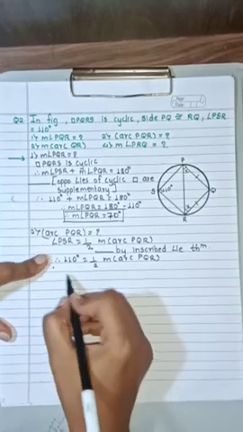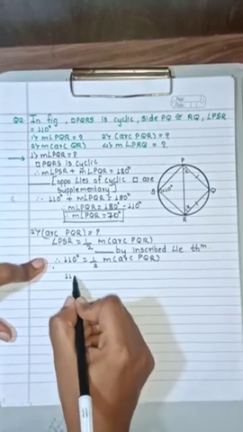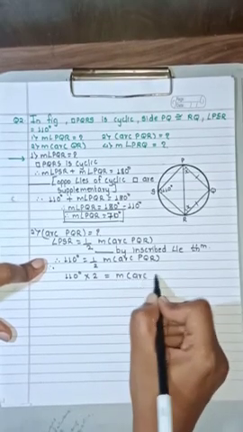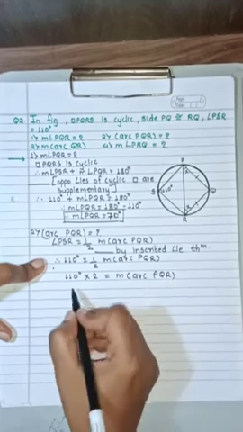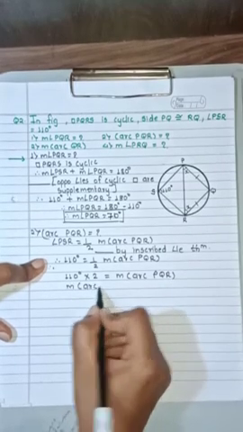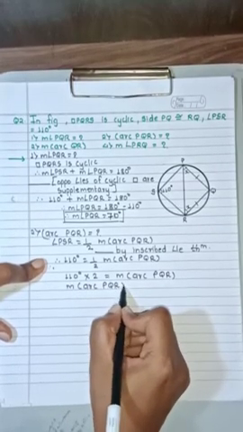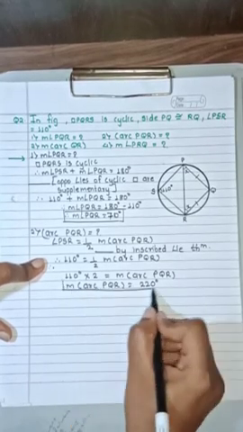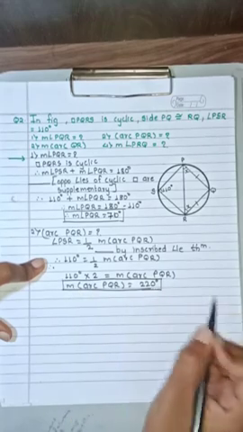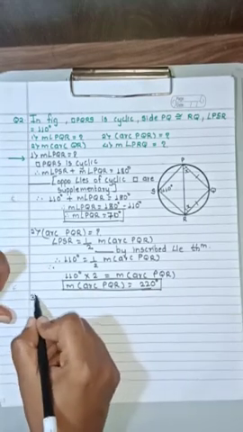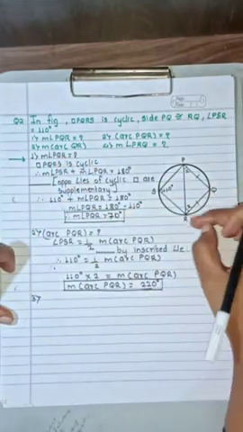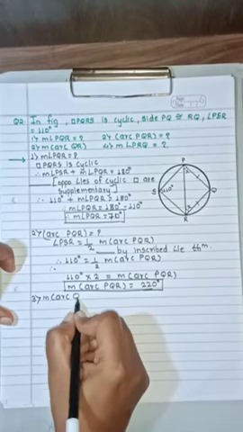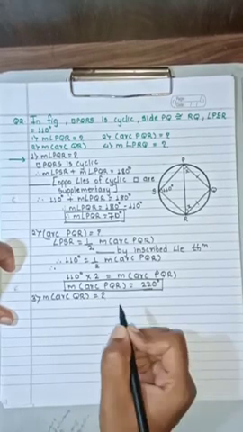Okay, now what we'll do, we'll multiply 110 with 2. 110 degrees multiplied by 2 is equal to the measurement of arc PQR. So the measurement of arc PQR is equal to 220 degrees. So the second one is also found. Now let us move on towards the third one. In the third question they have asked you to find the measurement of arc QR. Measurement of arc QR is equal to question mark.